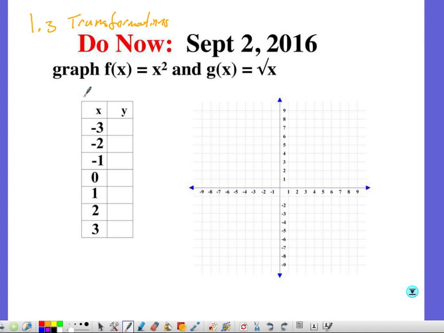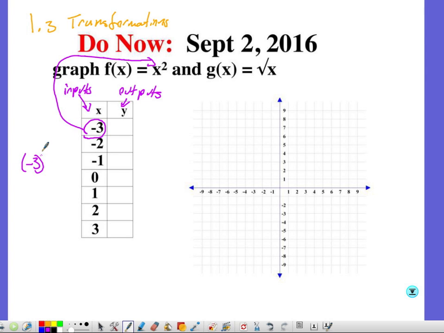Looking at the table, basically the x values are called the independent variables or the inputs, and the y is going to be the outputs. So the reason x is the independent variable is because you can pick these numbers whichever numbers you want. Basically it doesn't matter what numbers you pick, but in this case we're going from -3 to +3. Now, the reason we call these inputs is if we take -3 and plug it into x squared,